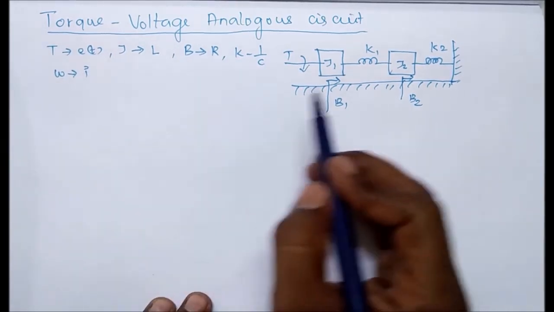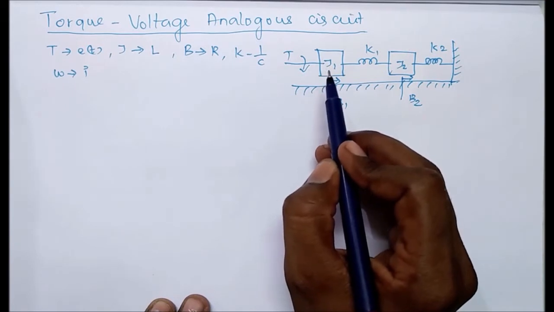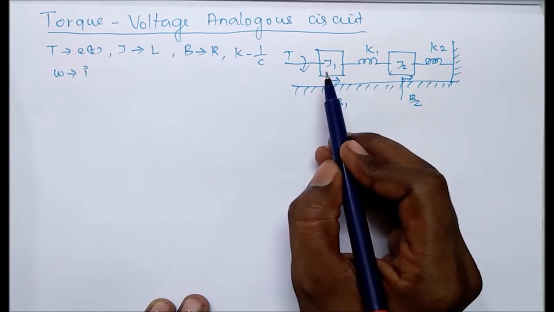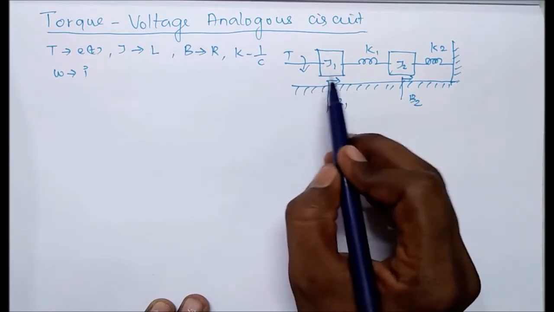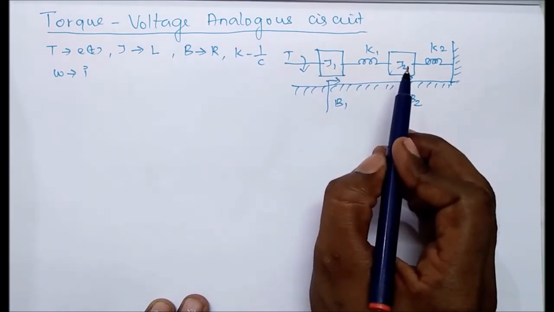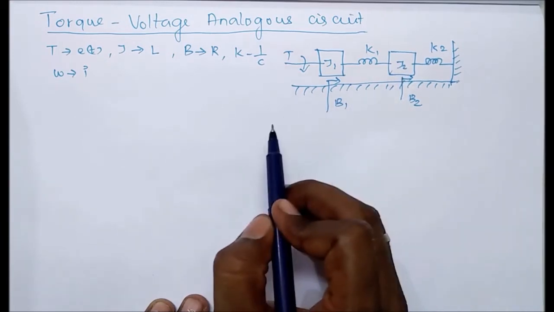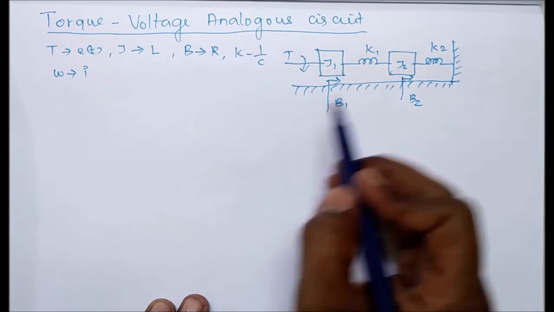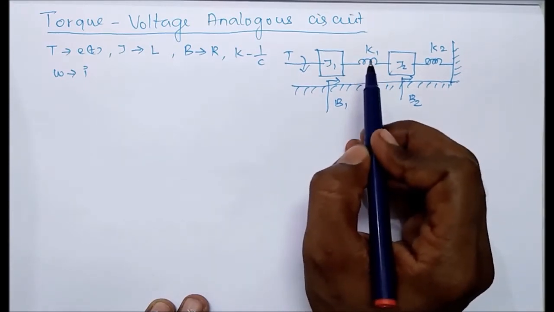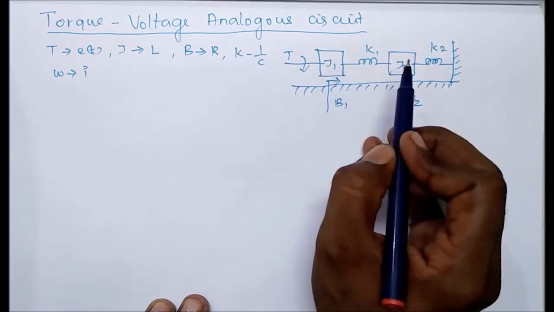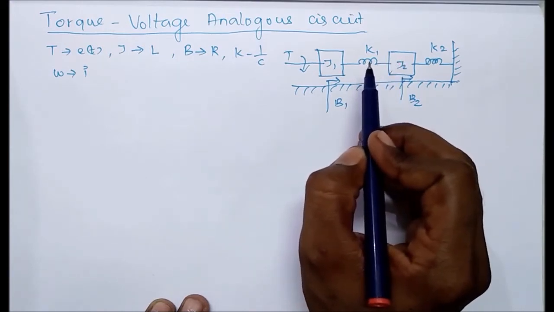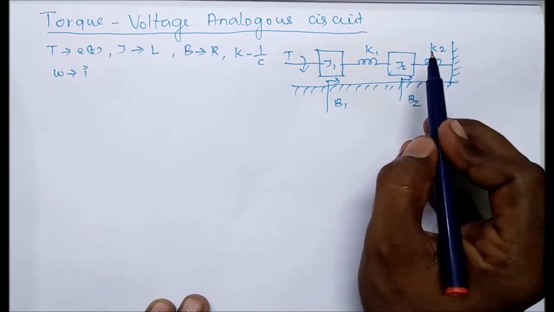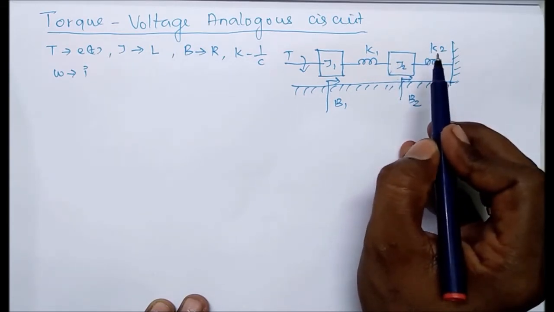So now we can say, for the torque-voltage analogy, first we have to check how many moment of inertia elements are available. We see here there are two moment of inertia elements. Therefore the final circuit diagram will have two loops. So now this is the center element. It means if two loops are available, this is the common element for the first loop, this part, and the second loop, this part. So now we can draw the common element first.